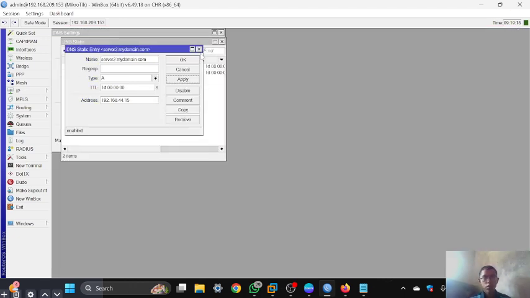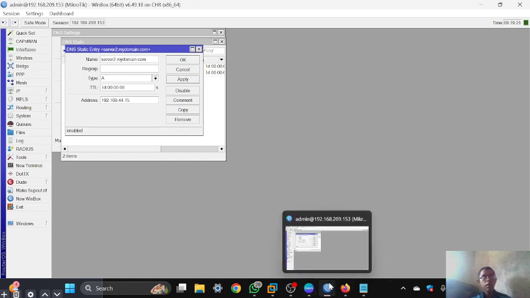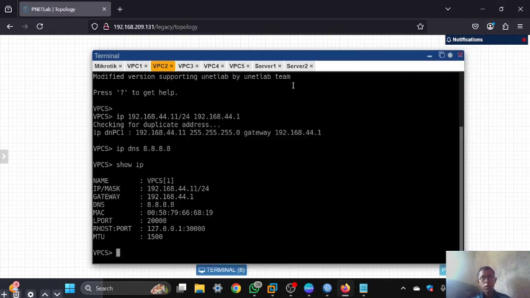After you configure the DNS server, your MikroTik has now become the DNS server. You can try to ping the server, but before you ping, the DNS in here must be connected to the Ethernet 2 network.